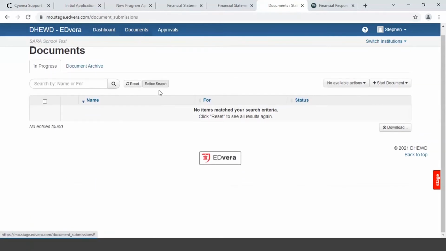Anyway, at the bottom right side of the actual EdVera page, there will be a blue button for support, and that's our help desk. So you would just click on the button, tell us who you are, and tell us what's wrong. But again, you do have Alicia's and my emails, and many of you also have Leroy's emails. We're always here to help you.